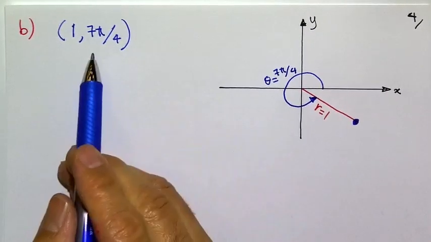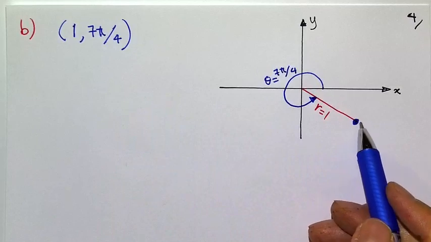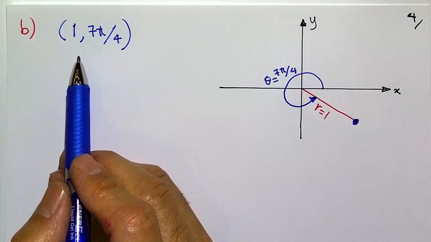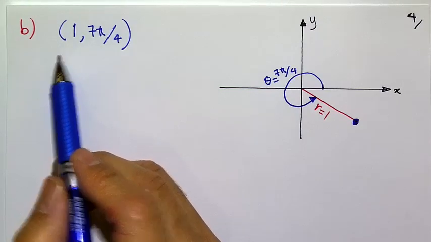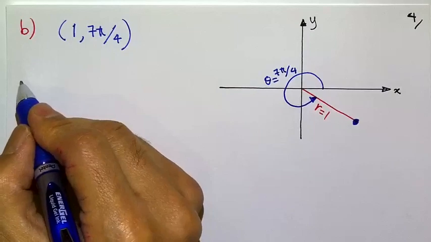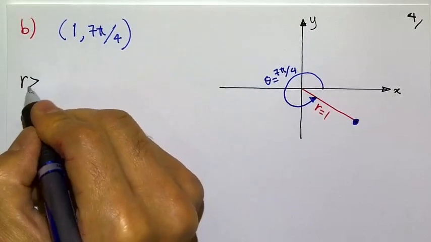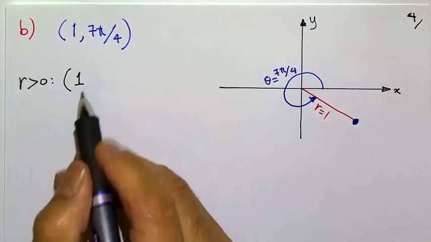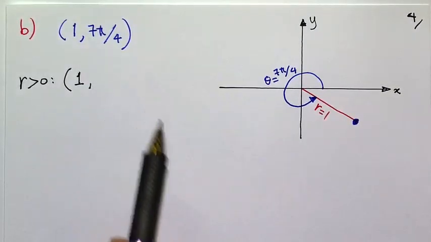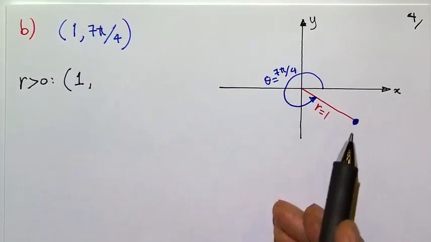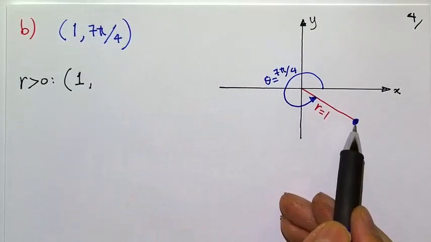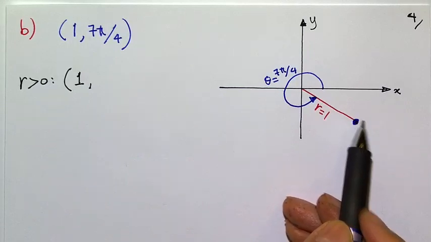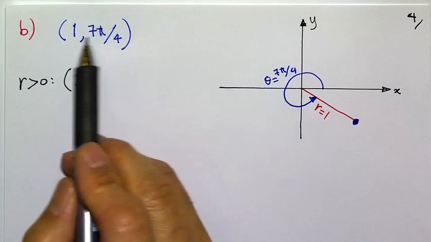Okay, so now that we know where the point is, let's again start with finding an equivalent polar coordinate for this such that r is positive. So I'm just going to keep this as it is. So for r greater than 0, we have 1 as it is. Now, since I kept the r positive as it was, I can get to this point either by subtracting 2 pi from this,